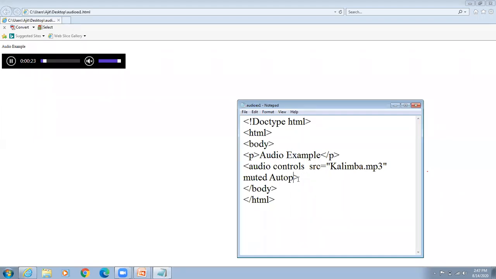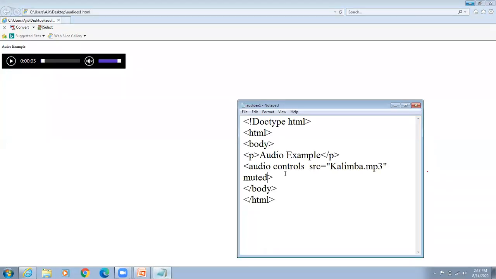If I remove this autoplay, again save, run, see here. The play button is there. The user has to click on that play button, then only it will play. Otherwise, it will not play. Okay, that is called autoplay. If I want it to play automatically, then use here autoplay.